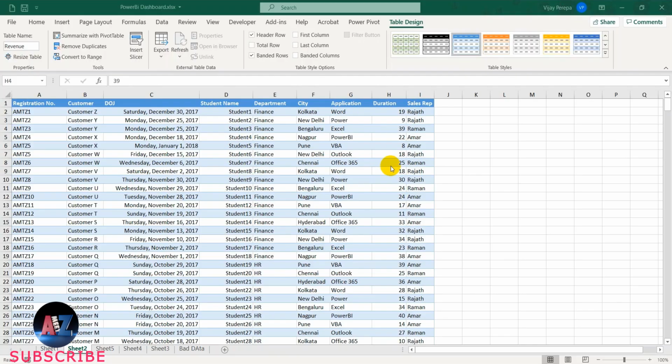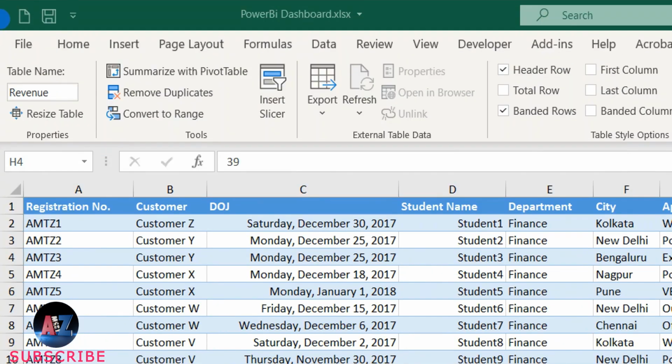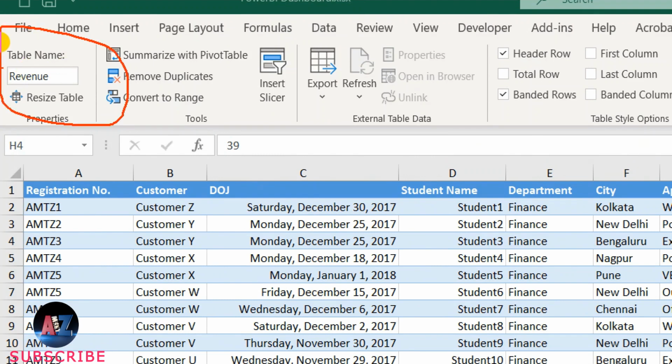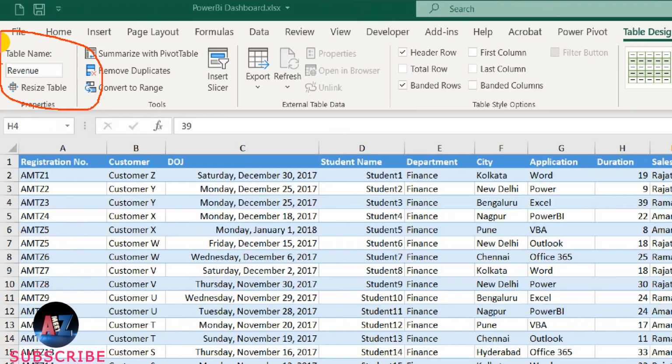For this video, to explain the entire ETL process in Power Query Editor using mQuery, I'm going to use this Excel spreadsheet data. This is sitting in sheet 2. Sheet is an object, but I'm not going to use sheet as an object. Rather, I have converted this entire data into a dynamic table using Control L in Excel, and the name of the table is revenue. Now I'm using object table and the name of the object is revenue. That is one important thing to be noted.